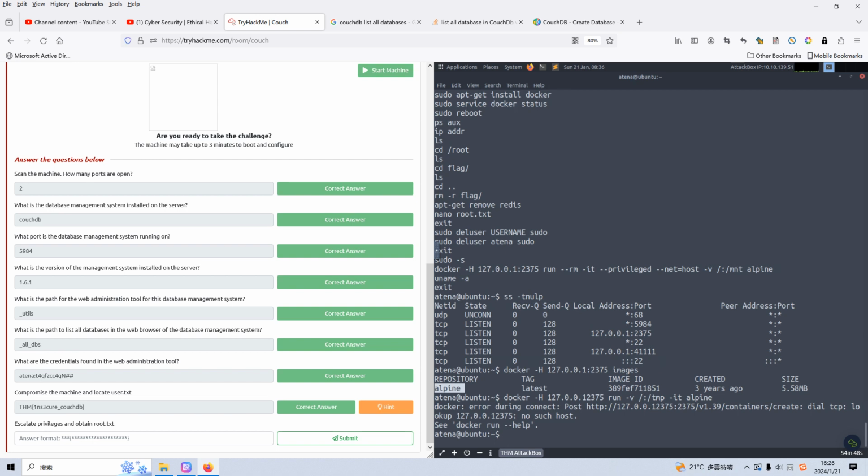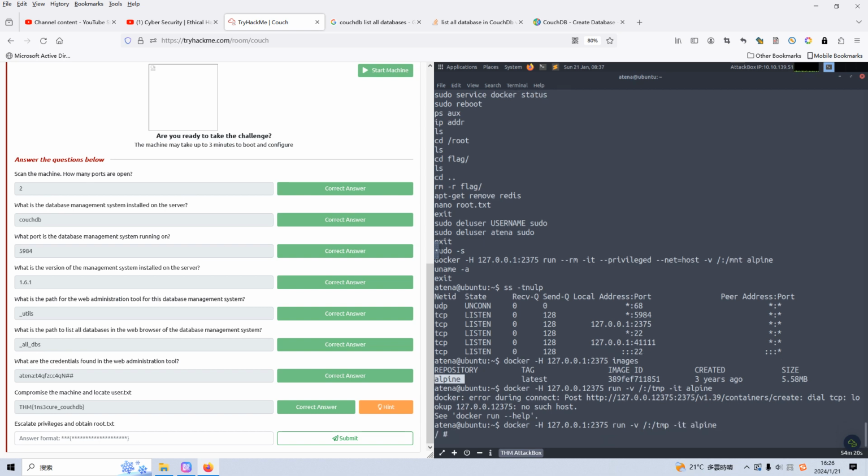There are some errors. Oh, sorry, I misconfigured the IP address and port number. Docker, the localhost. Yeah, we need to have the colon between the address and the port number, and run Alpine. Yeah, it's working. Now we can navigate to the temp directory,